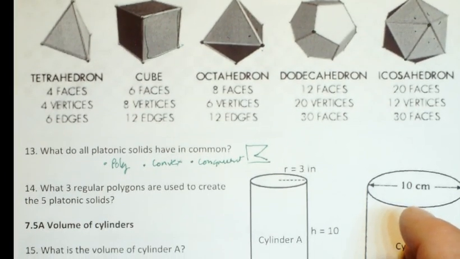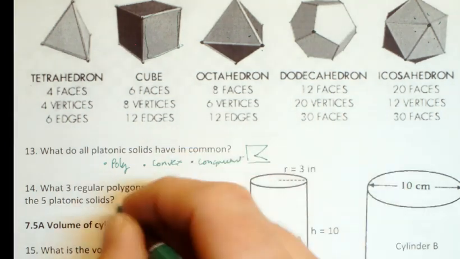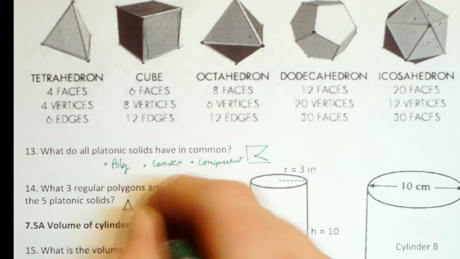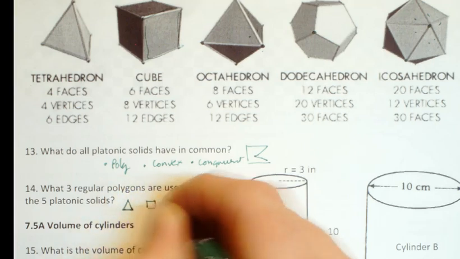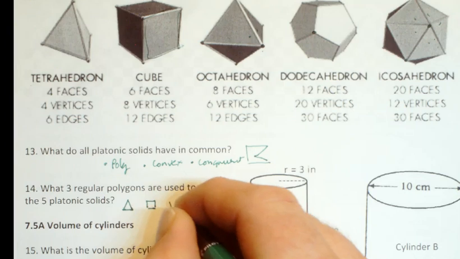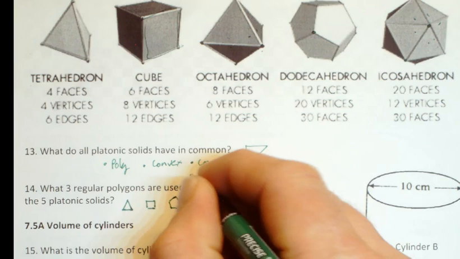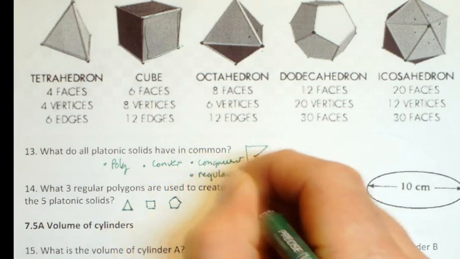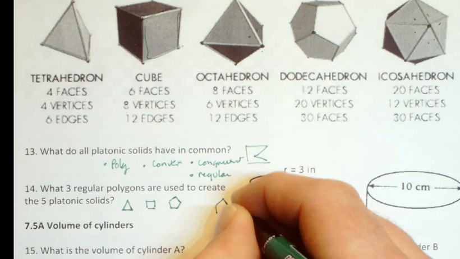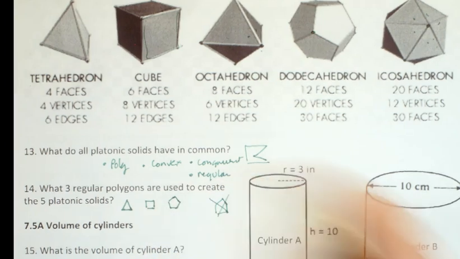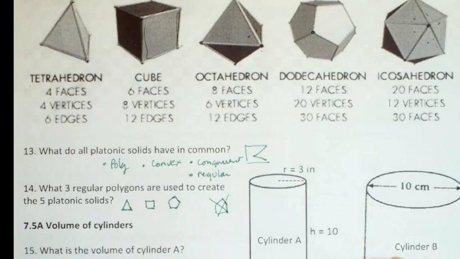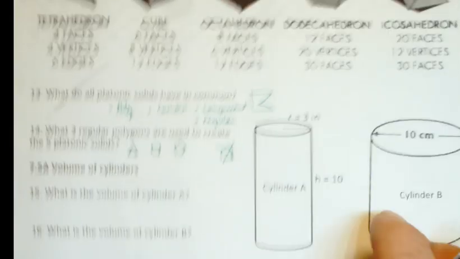What 3 regular polygons are used to create the 5 platonic solids? Well, you're either equilateral triangles, squares, or regular pentagons. So not only are the sides all congruent, but they're all regular. There's not some funky pentagon, a little one that looks like a house, but that's not a regular pentagon. The term regular in geometric language means same length sides, which results in the same angles. Okay,